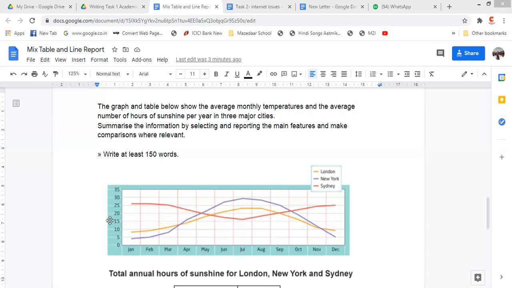The graph and table below show the average monthly temperatures and the average number of hours of sunshine per year in three major cities. Some examinations depending on reporting temperatures in London, New York, and Sydney. The linear graphical representation depicts the